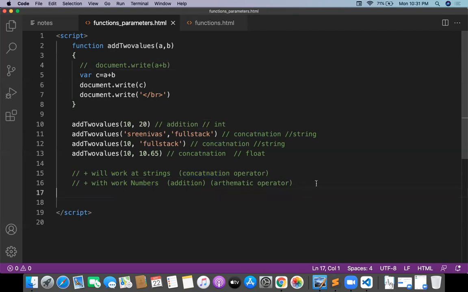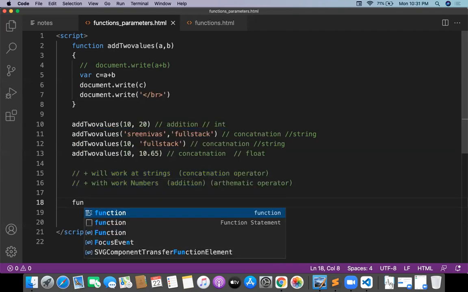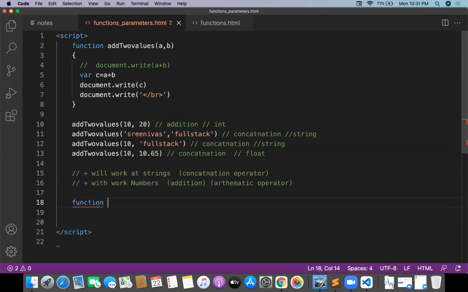Let me write one more example with a function with parameters. So function get full name. This will take fname comma lname. fname is first name, lname is last name.